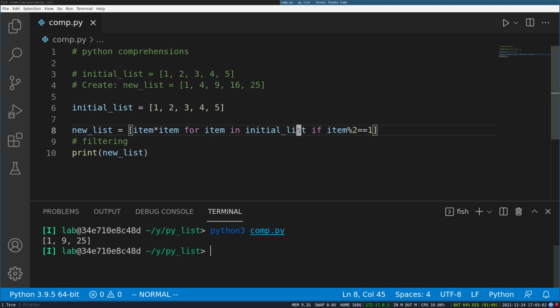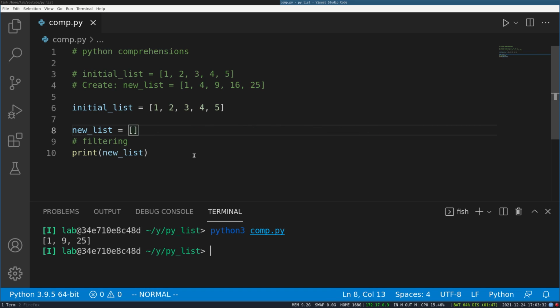One thing to note is you can do all of these things using a regular for loop, but this is just faster to type, and it doesn't take much space in the code. So this is most of the time easier and faster if all you want to do is simple operations like squaring and simple filtering. But if it is something complex, then I would suggest going with the regular for loop, as that will make it more readable.